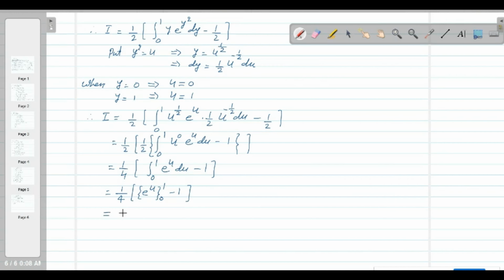So this is equal to 1/4 e raised to 1 minus e raised to 0, okay, and -1. So this gives 1/4 e raised to 0 is 1, -1 and -1. So this become 1/4 e -2, यही आ रहा है आंसर।